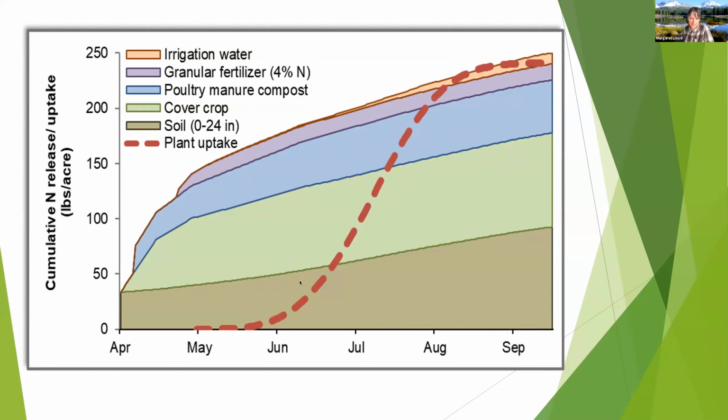And this red dashed line is just to represent a fresh market type tomato uptake curve for how much nitrogen it's using over the season. So I have this here just to give the idea of all of these contributions from many places are really building the nitrogen program in an organic system. Now on the coast, the ratio of contributions is likely similar, but with the coastal climate, the summer peak may be less pronounced. And so that nitrogen release and uptake is likely more spread out across more months.